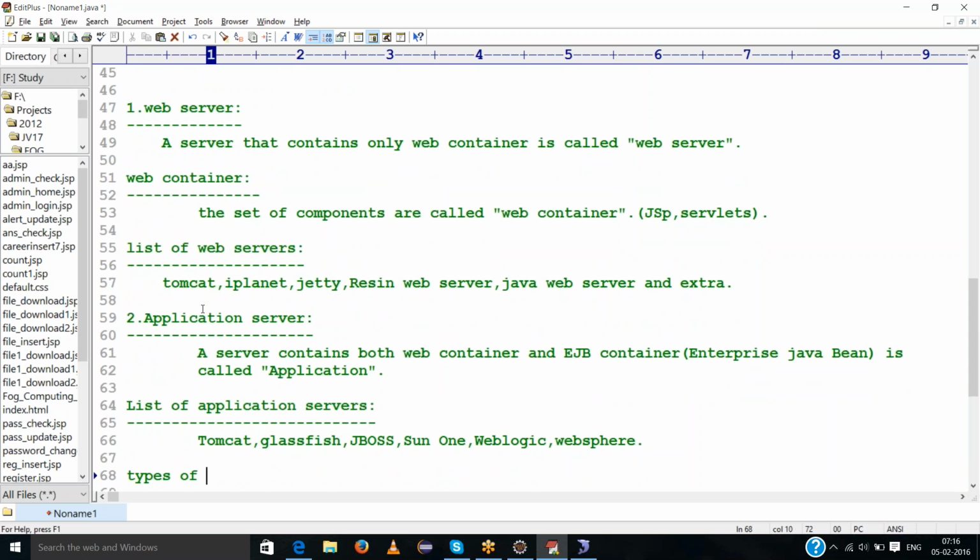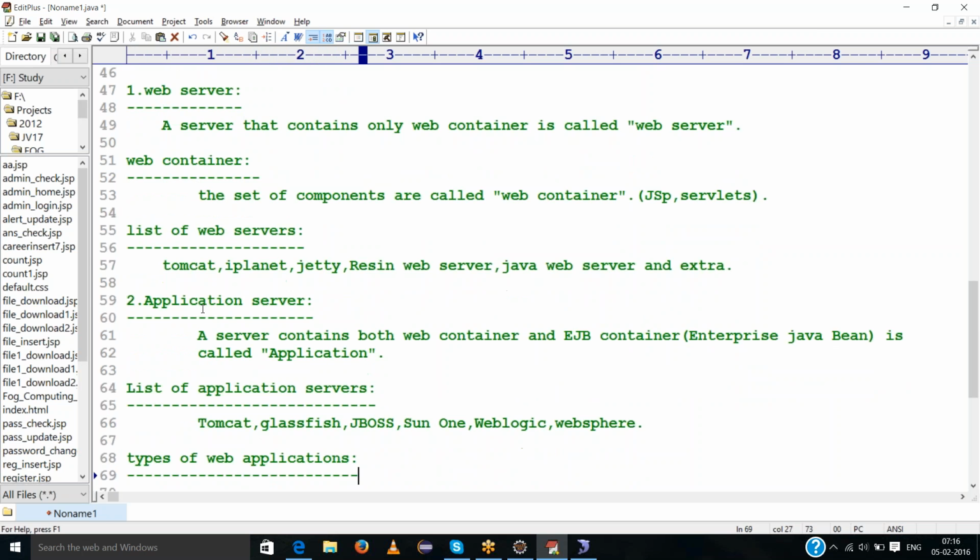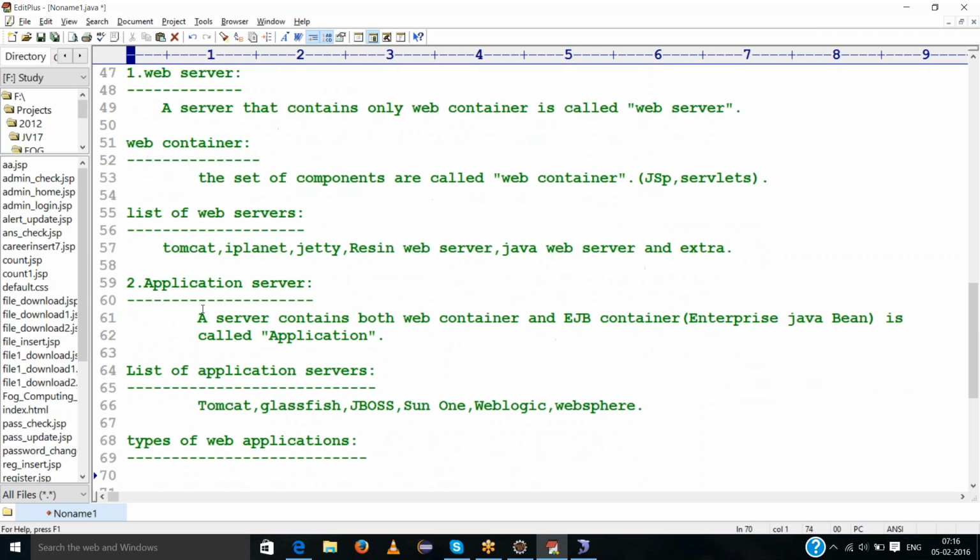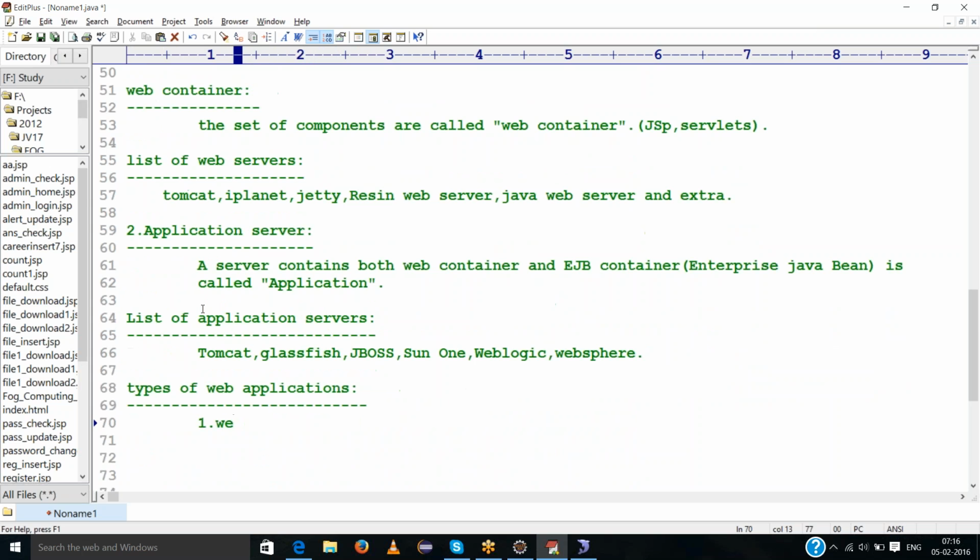And types of web applications. Web applications are of two types. The first one is static web applications, and the next one is dynamic web applications.